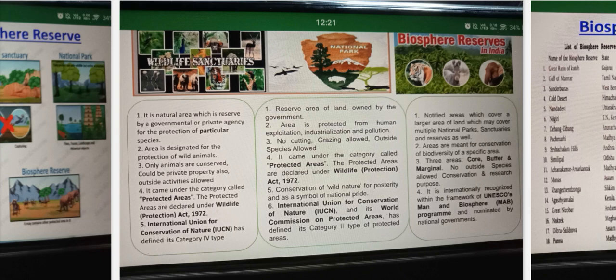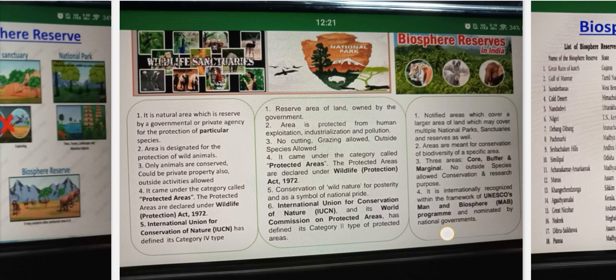The National Park: reserved area of land owned by the government. Area is protected from human exploration, industrialization and pollution. No cutting or grazing allowed, no outside species allowed. And it comes under the category called protected areas. The protected areas are declared under the Wildlife Protection Act 1972. Conservation of wild nature for posterity and a symbol of national pride. Then the International Union for Conservation of Nature and its World Commission on Protected Areas has defined this category 2